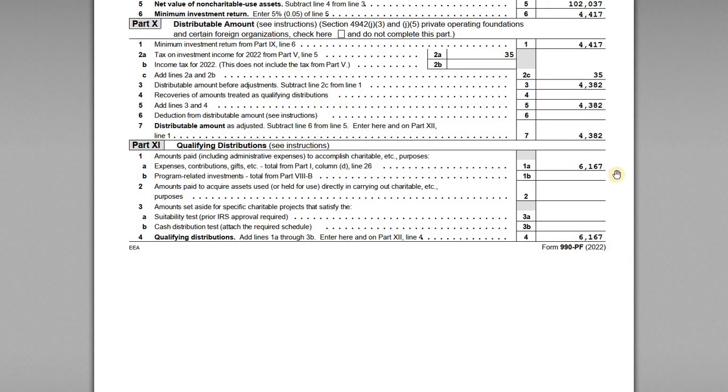So there's our $6,167. None of these amounts apply to us because again, we don't have any program-related investments. Line 2, we're not engaged in directly carrying out charitable activities, right? We are a grant-making foundation, so we're not an operating foundation, so none of that applies. So our total qualifying distributions remains at